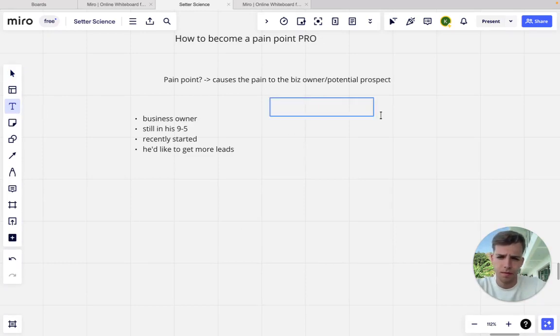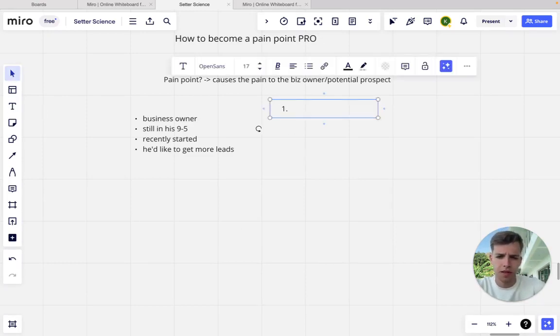His first pain point is, of course, not many leads, which is the main reason he's doing that cold outreach. And the second one is not much time. Not much time to do that outreach because of his 9 to 5. So he's kind of stuck in an endless cycle. And usually, these two are some typical pain points you'll see when you're doing your personal prospecting, either for your, let's say, appointment setting services, or if you're working for a B2B company.